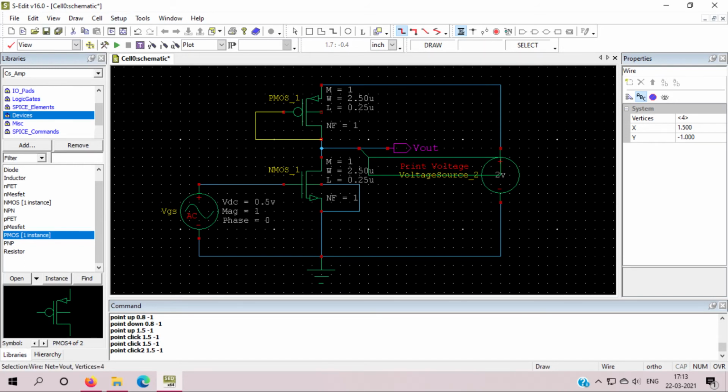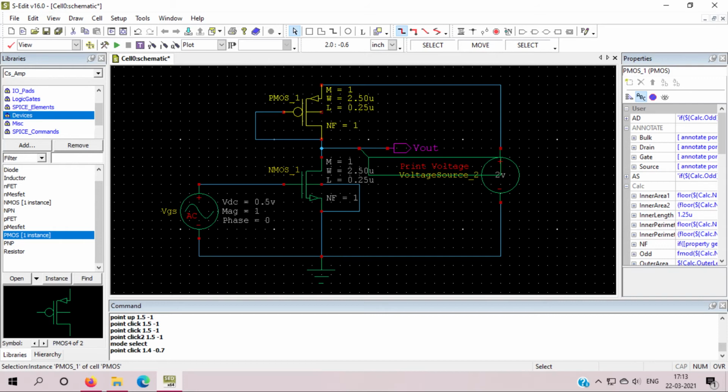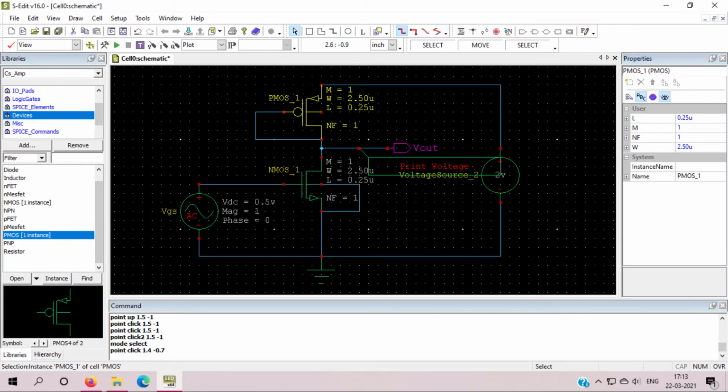Now we can play with the width and length of the PMOS. Okay. Here you can see the width and length. The width is 2.5 micrometer and the length is 0.25. So the ratio W by L is 10, but I will change it to 50. So I will give this W as 12.5.